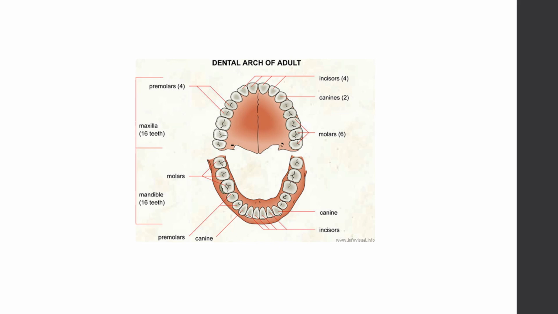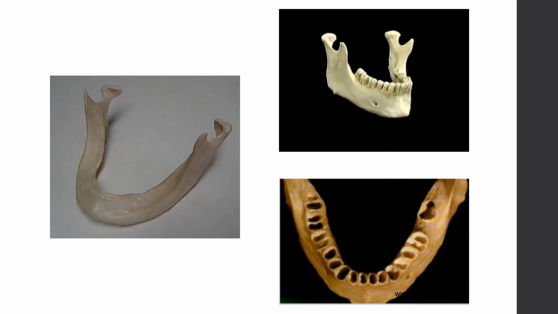Usually a normal adult has 32 teeth, 8 in every half of upper and lower jaw. The teeth are situated in the alveolar processes of the maxilla and the mandible. From the midline outward, the teeth are 2 incisors, 1 canine, 2 premolars, and 3 molars. When an adult loses a tooth, the alveolar process of that area degenerates and new bone fills the socket, resulting in a smooth surface.